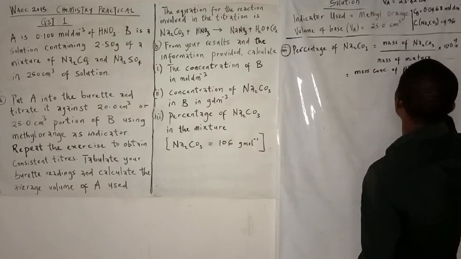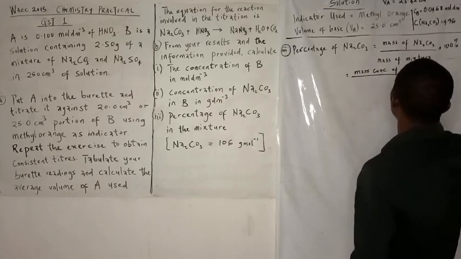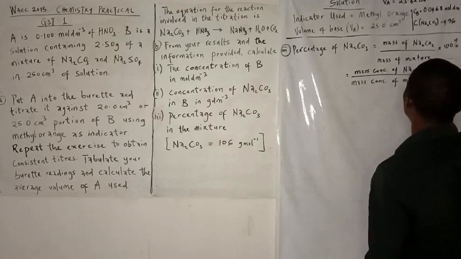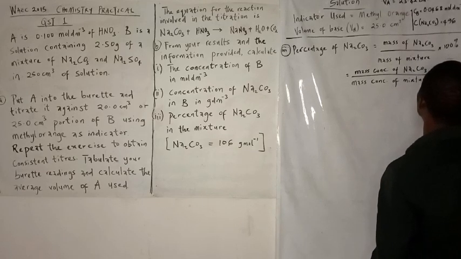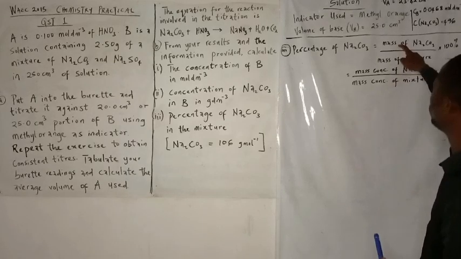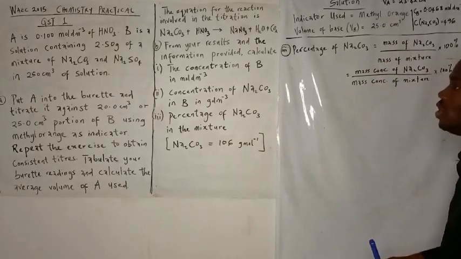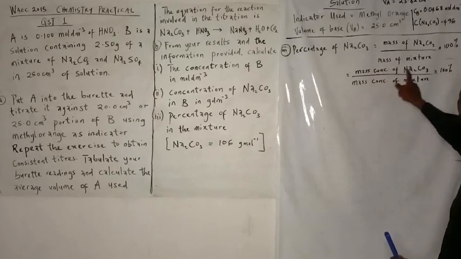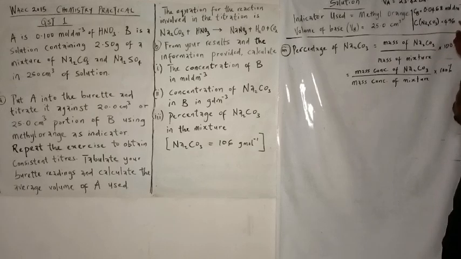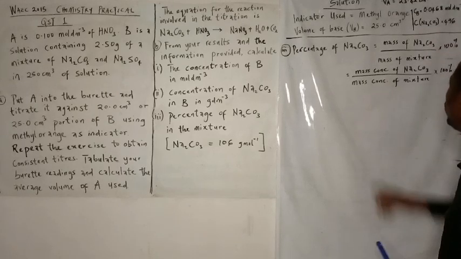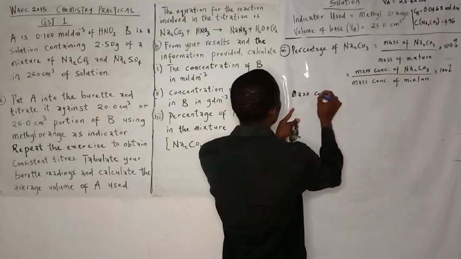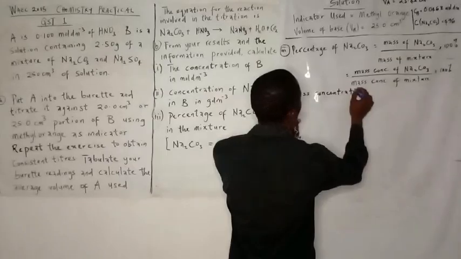So we can say this is equal to mass concentration of Na2CO3 all over the mass concentration of the mixture times 100%. We can also use this method, or either the mass directly or the mass concentration. They'll still give us the same answer. So we know the mass concentration of sodium trioxocarbonate(IV), and it has been obtained to be 4.96 grams per dm cube. That's the mass concentration. But we don't know the mass concentration of the mixture. So to find the mass concentration of the mixture,